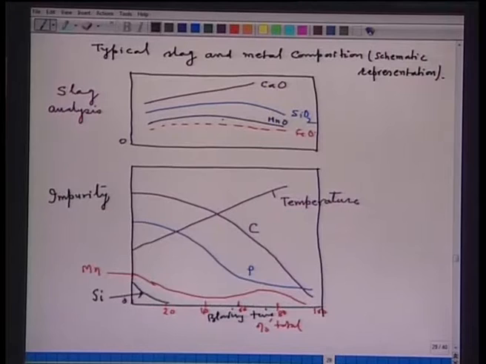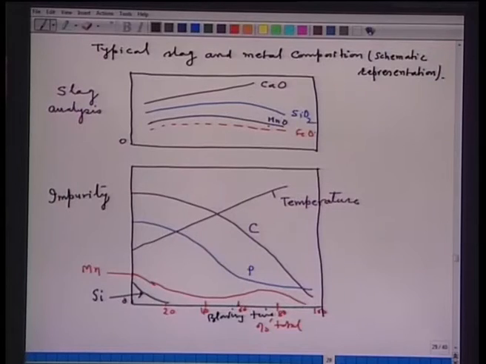Now, as regards slag formation, as time proceeds, the calcium oxide continuously increases, naturally, because the calcium oxide you have added in solid form dissolves, and as such its concentration increases as the blow proceeds. SiO2 and MnO, because you are not adding any Mn or Si from outside, stay as they are. Now, the FeO concentration in the middle increases and then slightly levels off. Now, remember, the FeO concentration in the slag is very important from the point of view of the dephosphorization reaction.